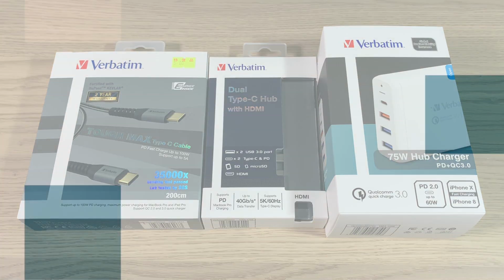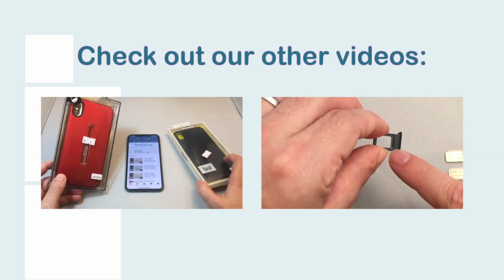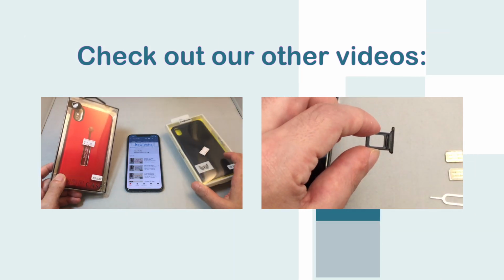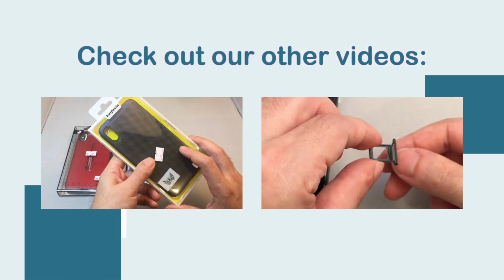Bye. The SIM card is here on the bottom right, and there's also a very small notch here on the bottom right as well. You guys can see that. There's also